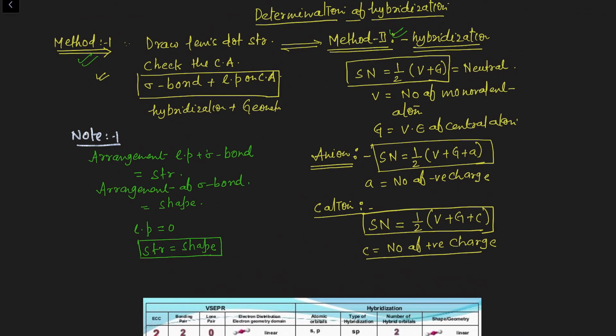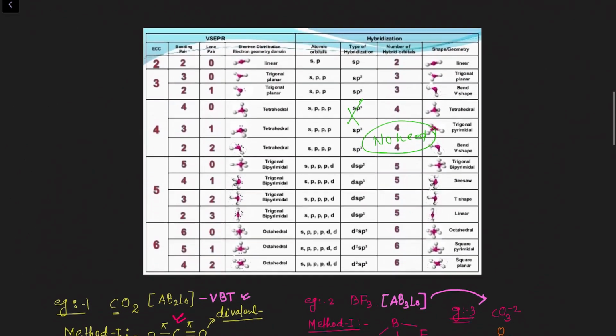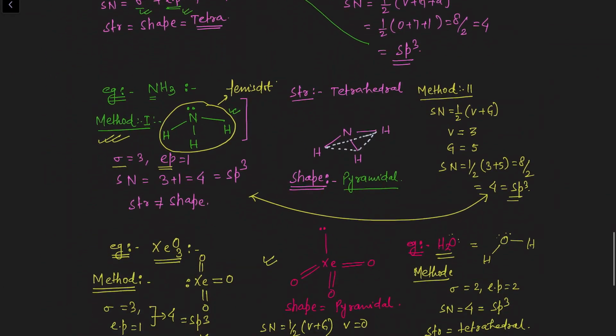In the next video we are going to discuss the very good concept of sp3d hybridization and the bent rule, why there is an axial and equatorial position, what we should do with the lone pair of electron, right? What are the different arrangements of the lone pair and bond pair of electron in sp3d hybridization. So till now we discussed sp, sp2 and sp3 hybridization. So thank you very much.